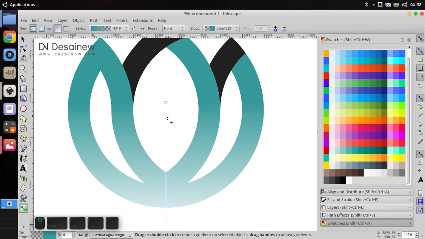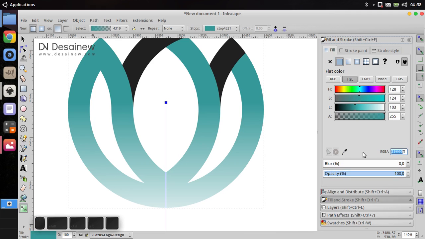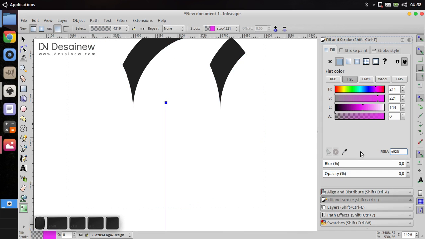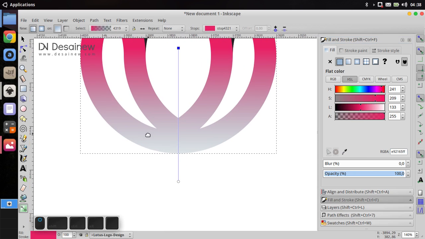Okay, for this point we give a pink color with color code E92165 FF like this, and for this point we give an orange color with color code FFAE35 FF like this.